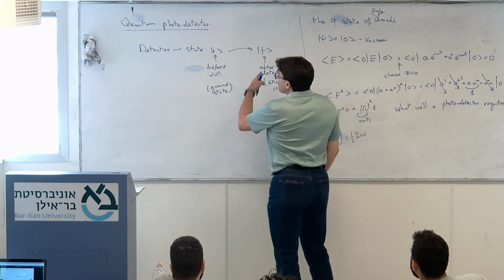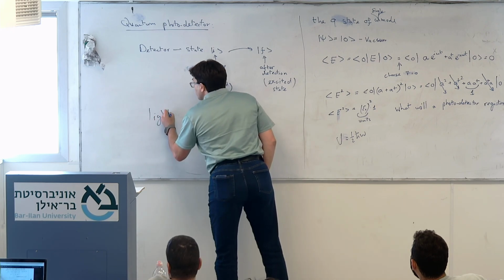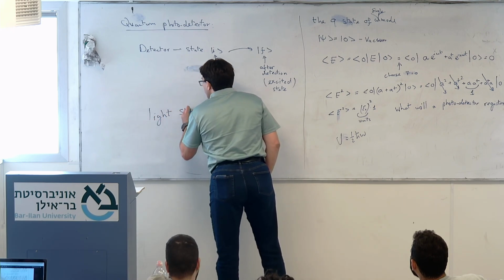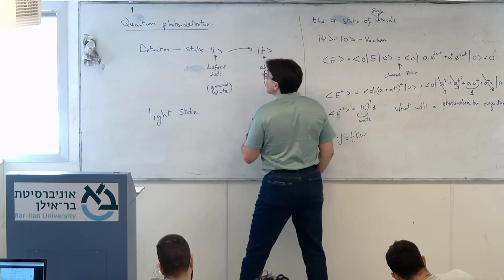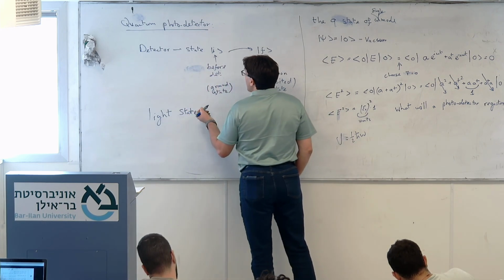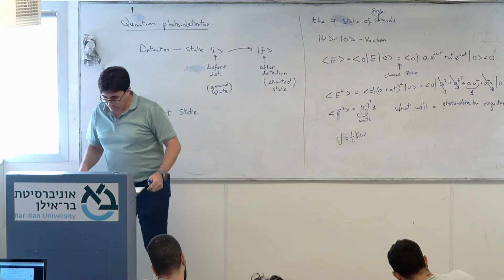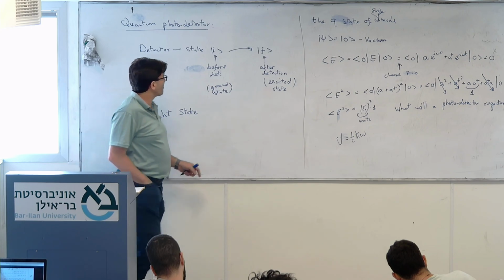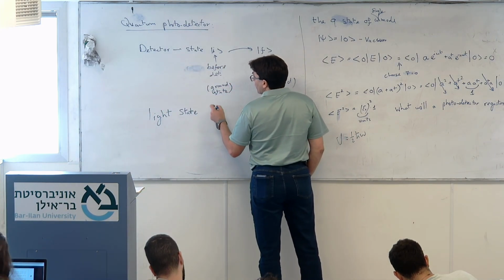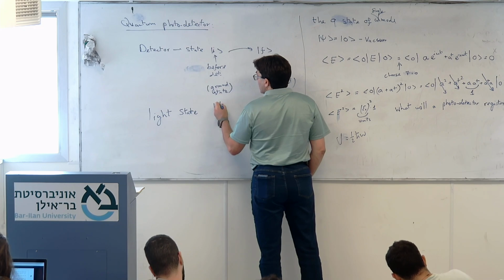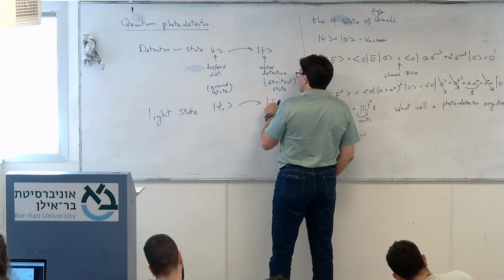So the detector state changed, but also the light state also changed. For the light state there's also something like psi initial, and finally there's